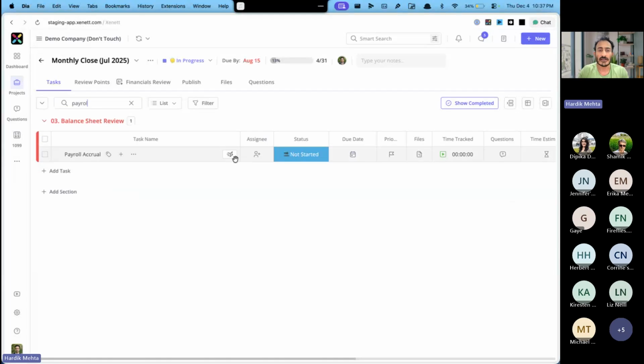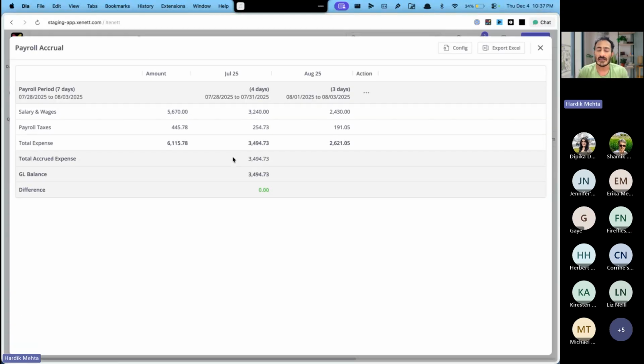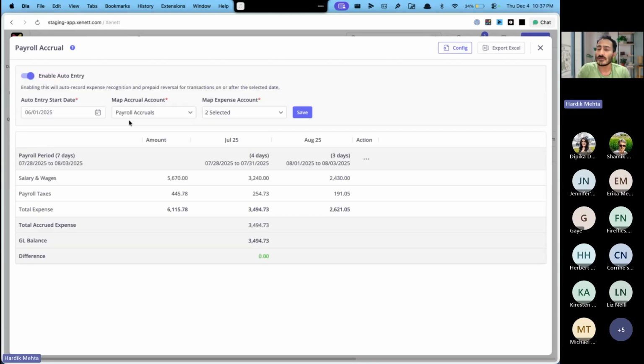Okay. Once that's added, for the very first time, it's going to ask you for some configuration, right? And this is what the configuration will look like. First, it will ask you the entry start date, right? What this means is